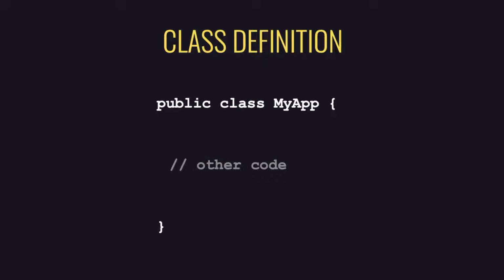So first off, yeah, we have a class. And how you declare a class in Java is that you have to use this kind of syntax here. When we say syntax, we mean basically the sequence of words you've got to use, whether you have to use any special symbols, like for example, you can see here we've got this curly bracket thing. This is known as a curly brace. So you've got a left brace there at the top after the word myApp, and you've got a right curly brace at the bottom, you can see. That's basically the syntax. It's a combination of words and symbols used to define the class to the Java compiler.